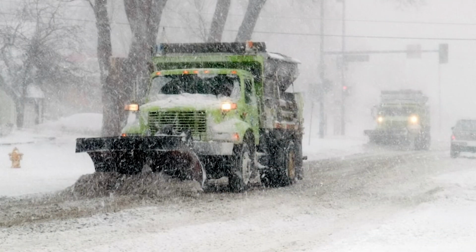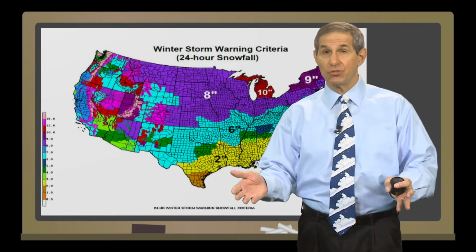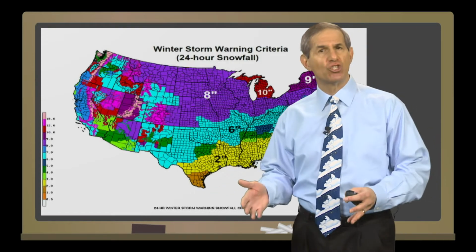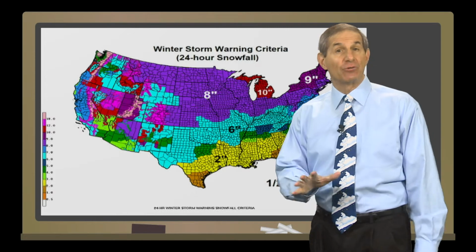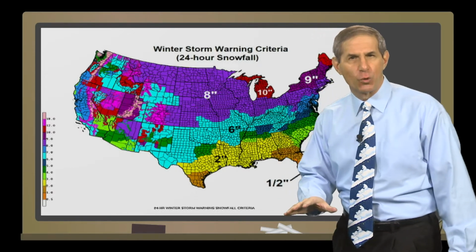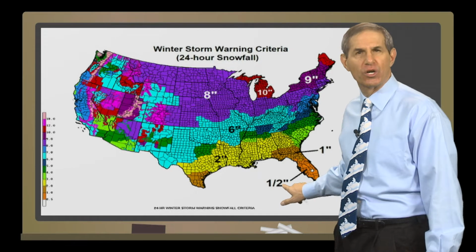But for some events, the criteria changes depending on where you are. For example, winter storm warnings. We saw plenty of those this week. This map shows how much snow has to fall in 24 hours to warrant such a warning. I'll start in the southeast. That orange in South Florida means that expectations of just a ½ inch of snow would trigger a winter storm